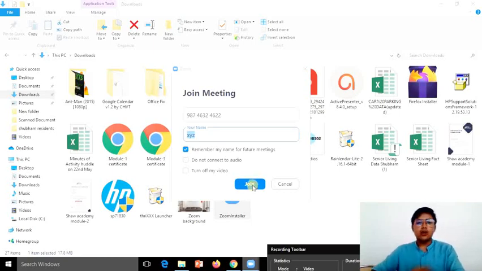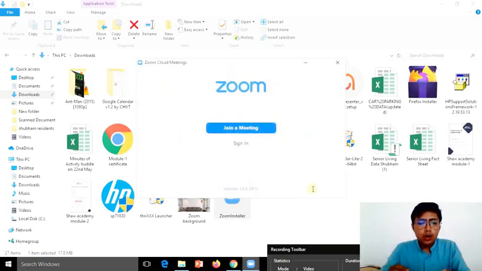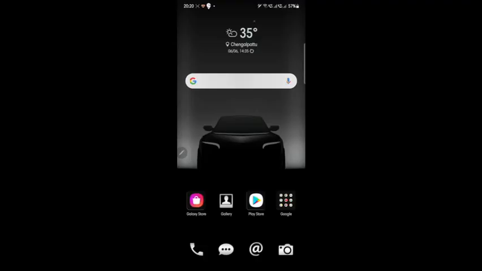Easy. Now, let me tell you how you can install the same application in your mobile phone. In case you want to install the same Zoom application in your mobile phone, you first have to see whether you are using an Android or an Apple mobile phone.